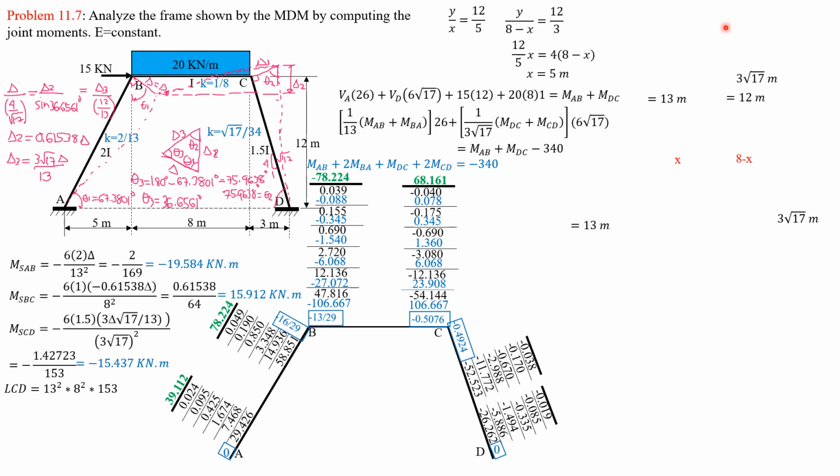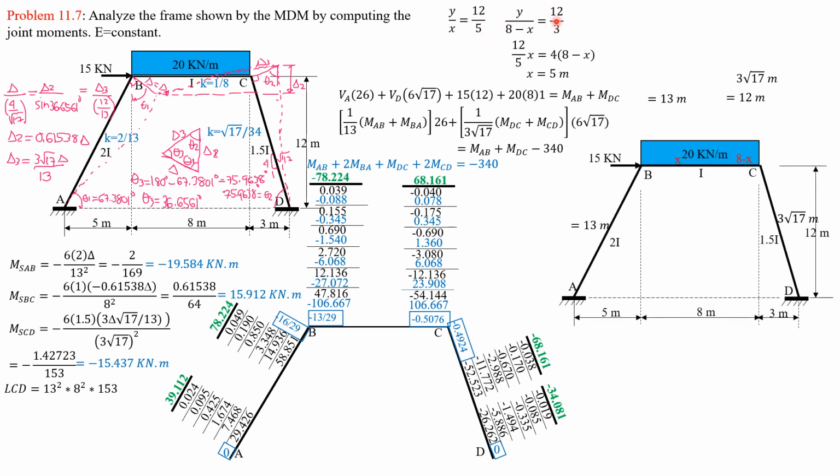So I'll call this Y, call that X, then this is 8 minus X. By similar triangles from the figure, Y is to X as 12 meters is to 5. Then on the other side, Y is to 8 minus X as 12 is to 3. So equating Y's, Y on the left is 12 over 5 X, while Y here is 12 over 3, or 4, times 8 minus X. That's why X is 5 meters, which is also solved